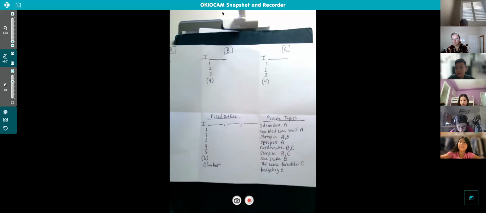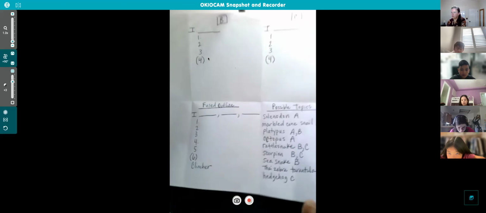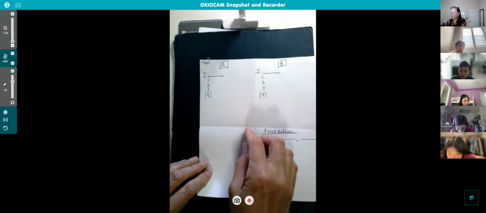Okay, so I'm gonna have everybody pause just for a second. Oh, Christopher, I see your hand. Go ahead. The cone snail is only in A, so how many lines do I put in A? Okay, so the cone snail, go ahead and mute Christopher.